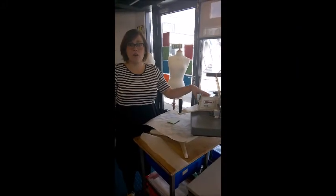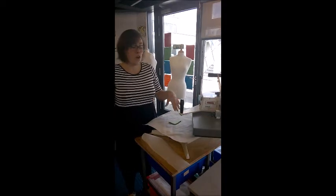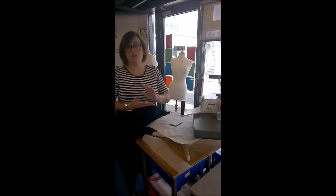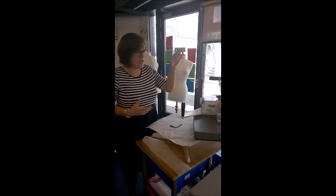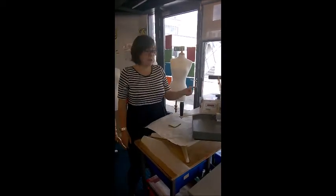Okay, so this is the heat press. This is an incredibly hot iron, essentially, that puts pressure onto material to either transfer dye or to transfer glue. It also will help if you are putting pleats into items. Now, the first thing I'm actually going to show you is just the basics, and that's how to turn it